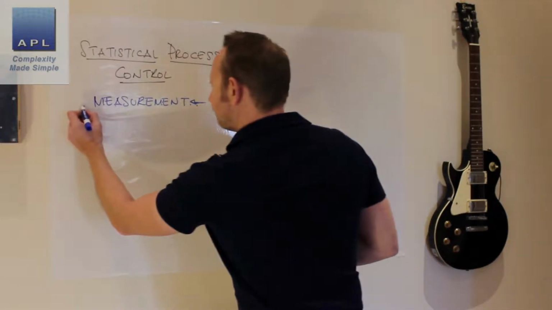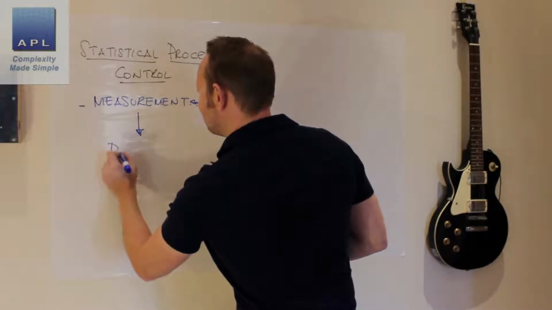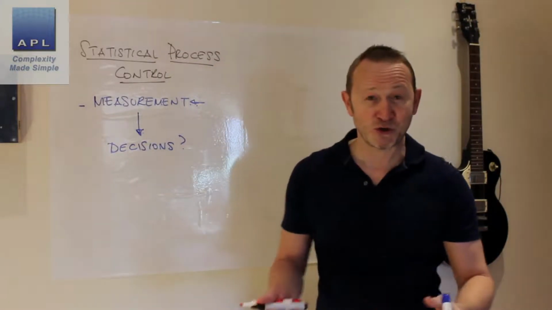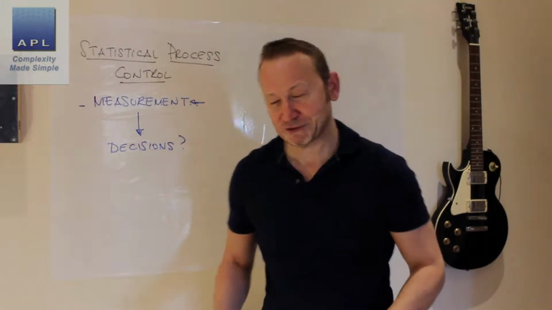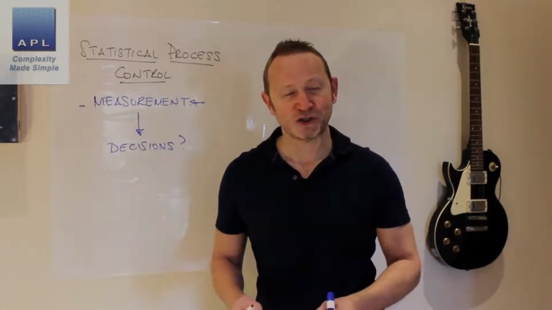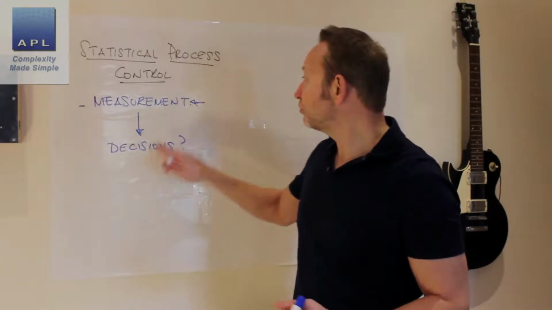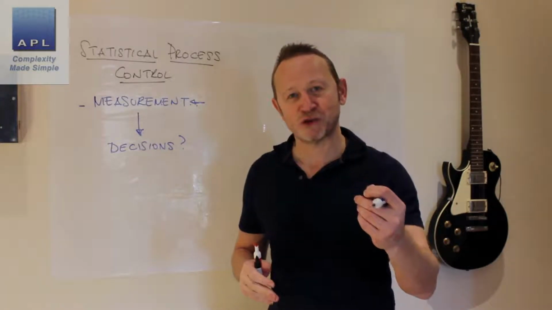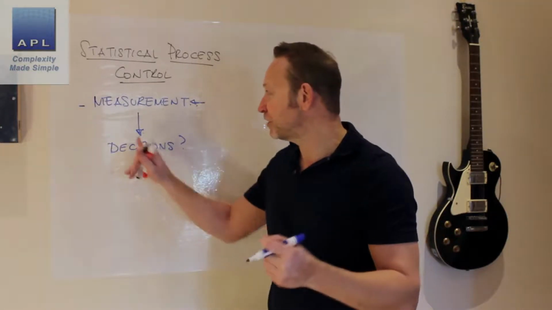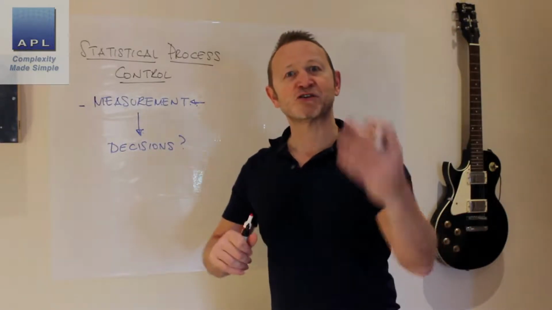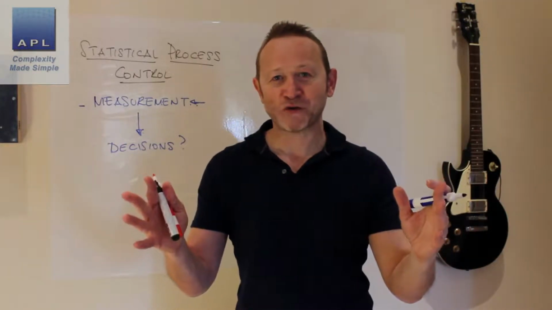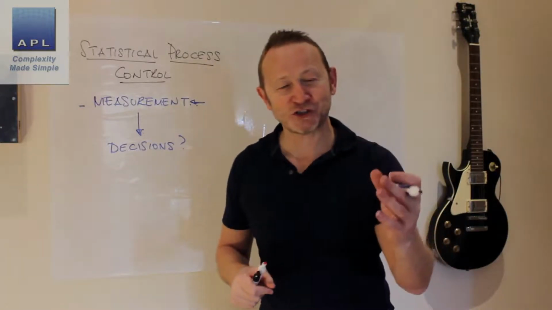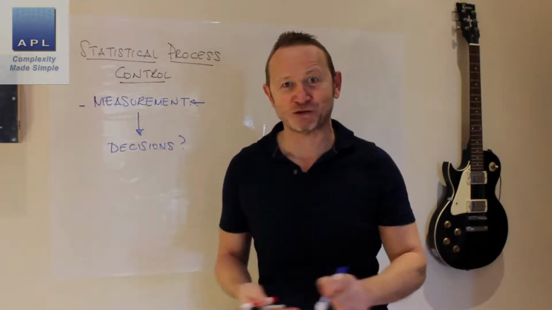Well, then you typically make decisions. Now obviously one of the decisions, are the products any good or not? So you're going to go red bin, green bin, decide what to do with the product. Can you ship it to the customer? But the other decision you could be making, of course, you're going to make process decisions. You're going to decide if you need to do something new to your process. Now this is especially true if these measurements are taken in process. So if you've got a technician or an operator doing in-process checks, what will they do next? What will the decision be? They'll make process control decisions. They'll adjust the process somehow, try to make it better.